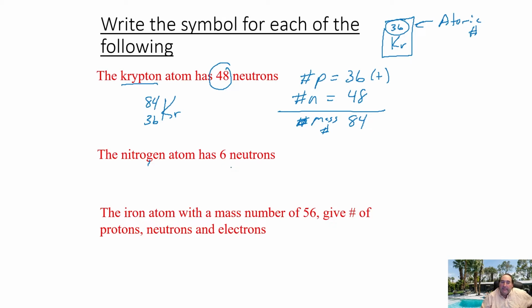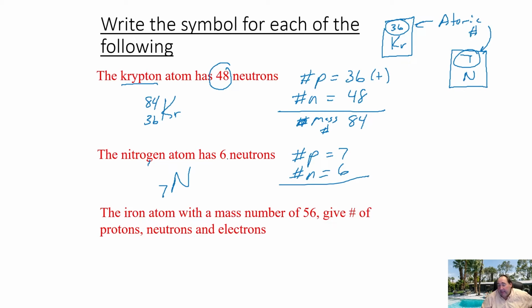Looking at the next one, which is nitrogen. So once again, if you went to the periodic table like we drew a second ago, you will see something like this. The top number, 7, is going to be helpful as that's our atomic number. So we could start with that. That atomic number also tells us our number of protons, which is 7. And we're going to add our number of neutrons, which was given to us here, and go with a lucky number 13 maybe. And a 13 should go up on top.